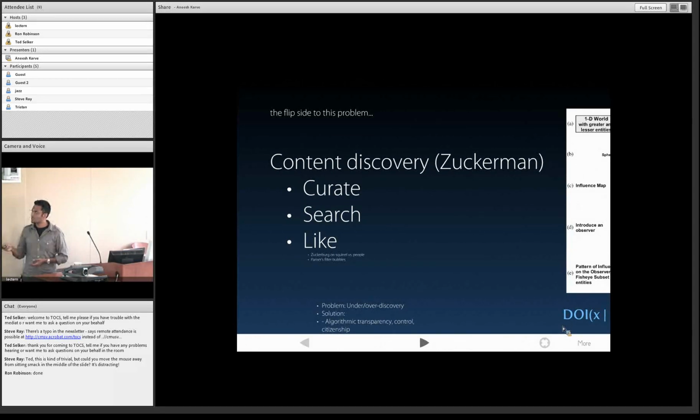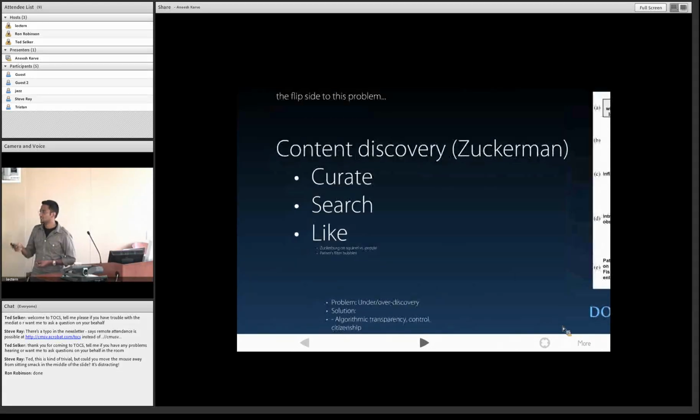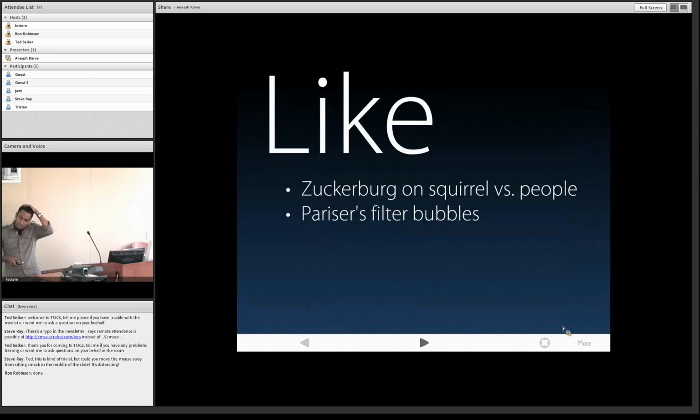The next is search, which is an entirely pull-based model. And the world that we're living in today is the world of likes. And this is kind of a combination between push and pull, because the items that you like, you are pulling towards you, but now the ranking algorithms on Facebook, for instance, are going to push content to you based on the items that you pull. And this has a couple problems. I think the most stark representation of that is what Mark Zuckerberg famously said, and that is, it may be that a squirrel dying in your front yard is more important to you than people dying in Africa. And this is really something startling to think about.